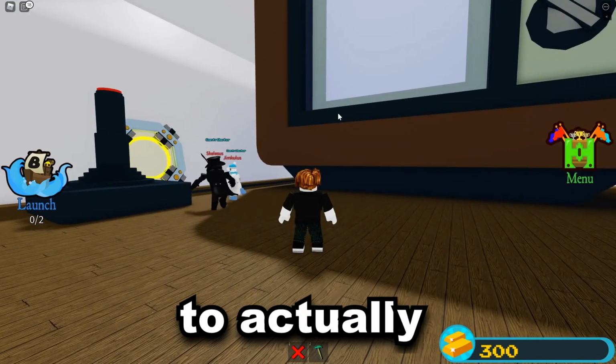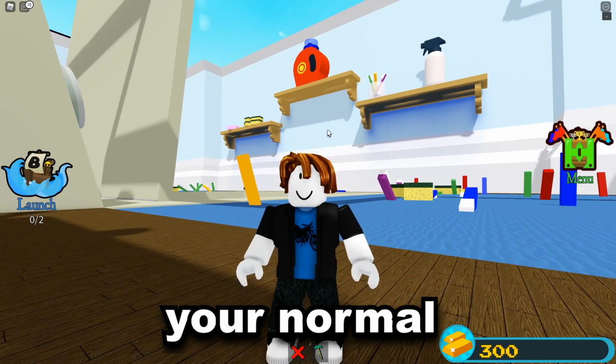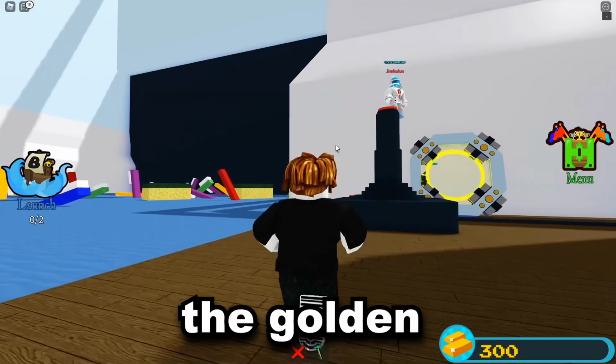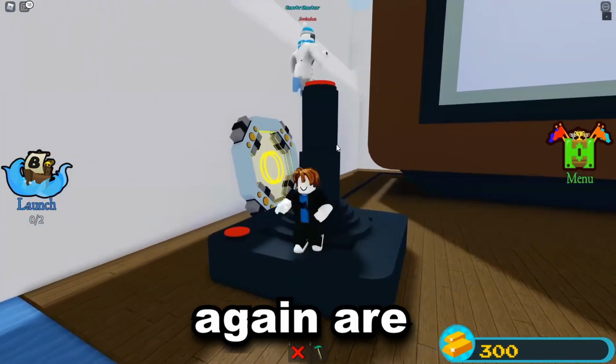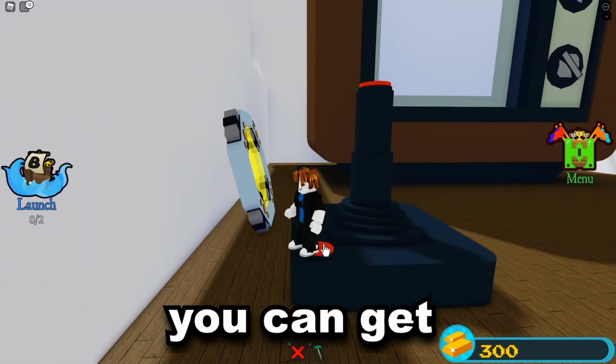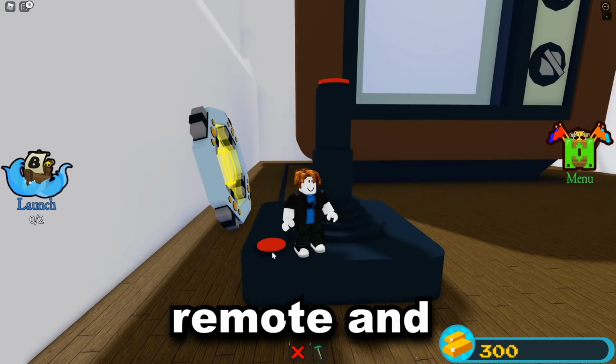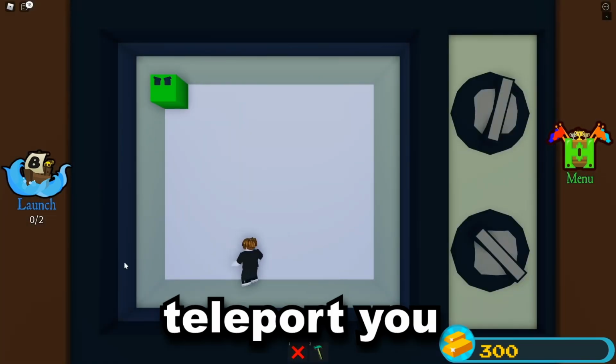This is how to actually get free harpoons inside of Build a Boat, but not just your normal harpoons. These are how to get the golden harpoons, which once again are inside of the shop for free. Actually, not for free, for Robux, but you can get them for free by doing this. Just simply click this button right here on the remote, and it's actually going to teleport you inside of the